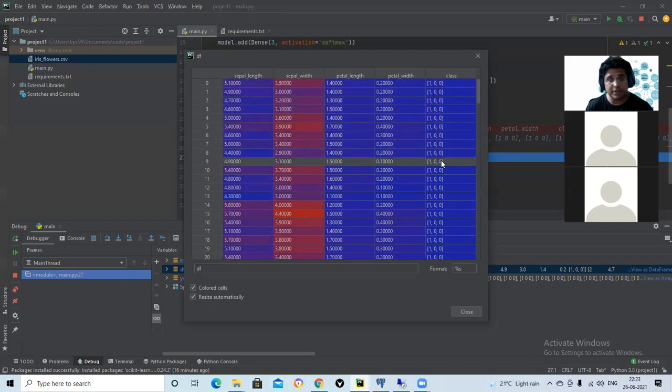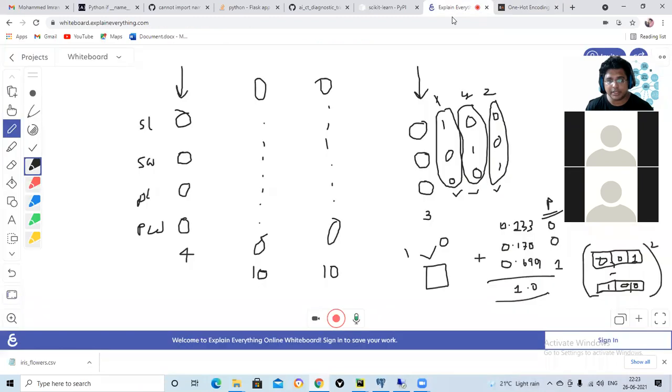Okay, this is very important, you understand this. Because our output from the machine learning model, deep learning model, is going to be a probability distribution like I showed here, right? It's going to be a probability distribution. I cannot compare this with a string, right? But I can compare this with an array, 001 like this.